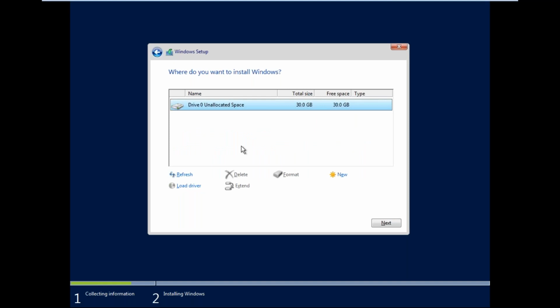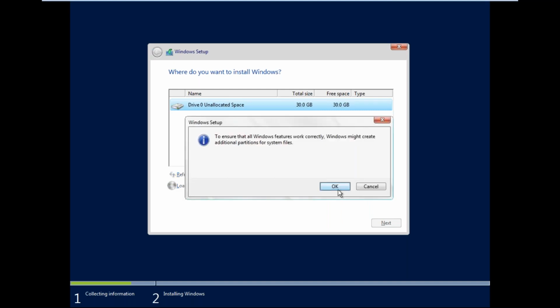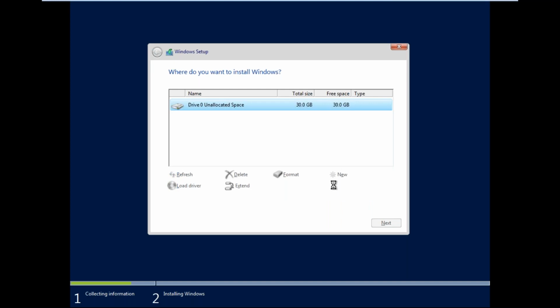Here it will show you the total disk space, 30 GB. Now I am creating a new partition on this. I am selecting 25 GB of the space, and the remaining 5 GB I am leaving here. After installation of Windows, we are going to see how to create new partitions. That is the reason I am selecting 25 GB. Apply. Okay. Now it creates the partitions.